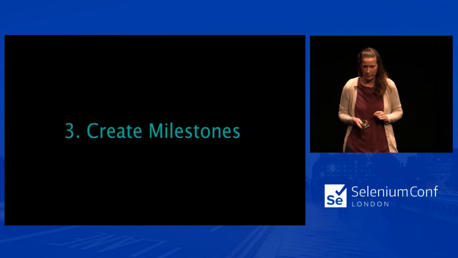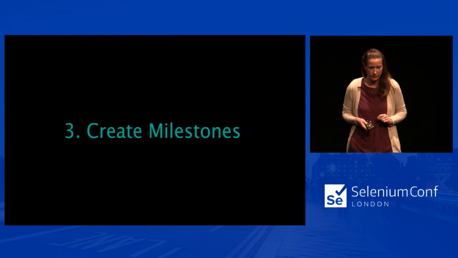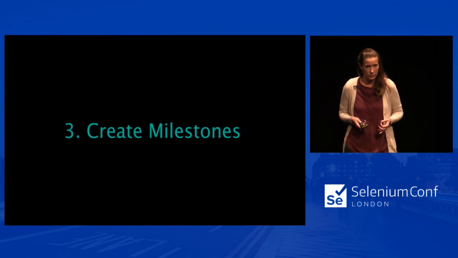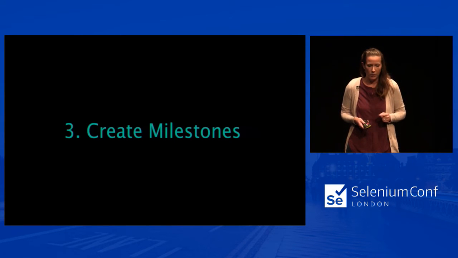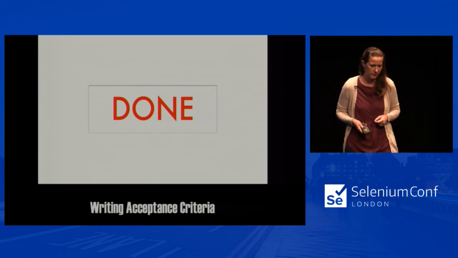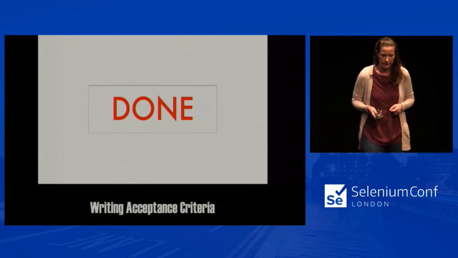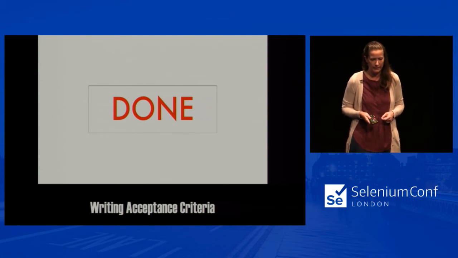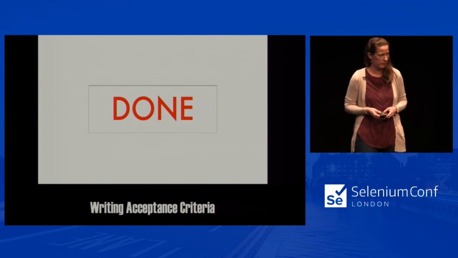And now it's time to create milestones. A milestone should be a high-level plan for delivery of some chunk of work. Usually it's a feature, but you can also use this practice for refactoring. Identifying concrete acceptance criteria for the milestone will help you focus the work. It will make it appear less scary to product owners and Scrum teams and give you the ability to know when you are done. And when writing your acceptance criteria, it often helps to focus by asking some basic questions about what you are doing.